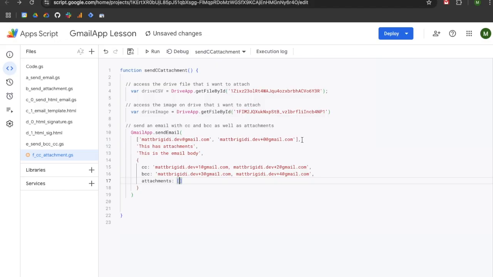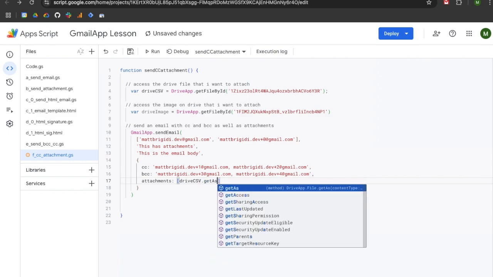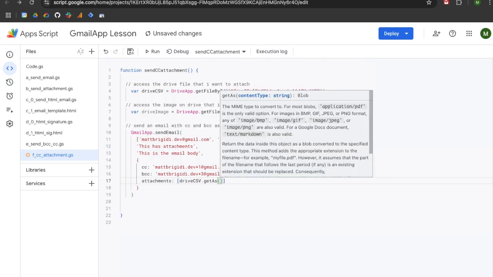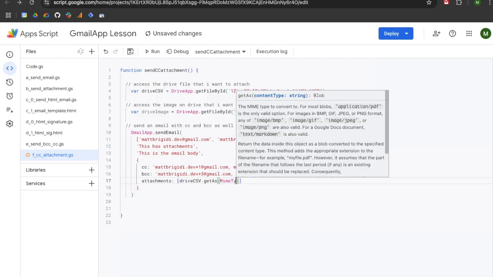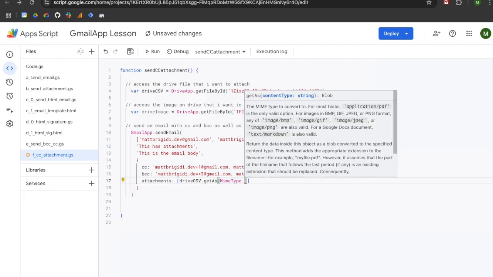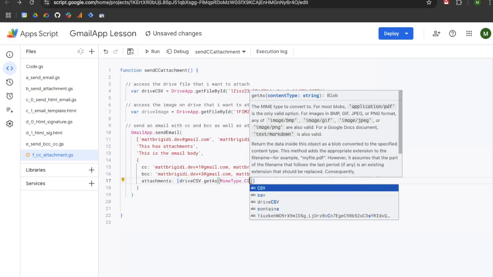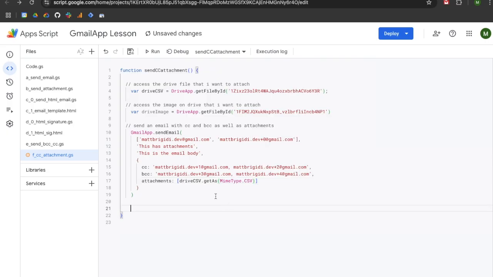The first attachment that we're going to be working with is the Drive CSV. So what you're going to have to do is use .getAs. You're going to open up a set of parentheses, and then you're going to have to define your content type. In order to do this, you're going to have to use MimeType dot. And then this will allow you to start defining content types. So in this case, we're going to use CSV. I'm going to hit save, and now we're going to send our email to make sure all of these things work. So I'm going to hit run,